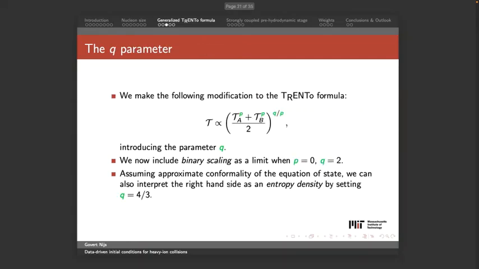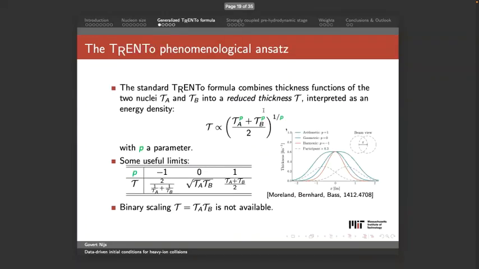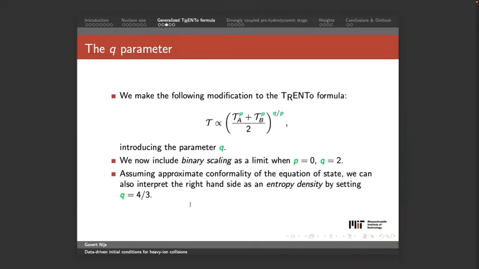So what we did is we were at first interested in binary scaling, but it turns out you can do a little bit more with it. What we basically just did is where you see this Q, there used to be a 1, we just replaced it with a Q. And then it's quite obvious that you can get binary scaling, which was just turning the square root into not a square root. If you keep this p at 0, and set q to 2, then you have binary scaling. And going to Uli's point, if you assume that the equation of state is conformal, which, to some approximation it is,